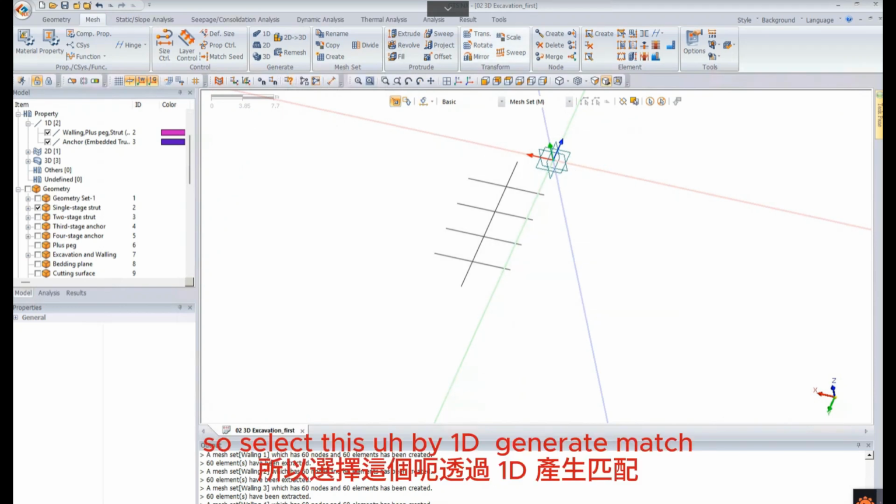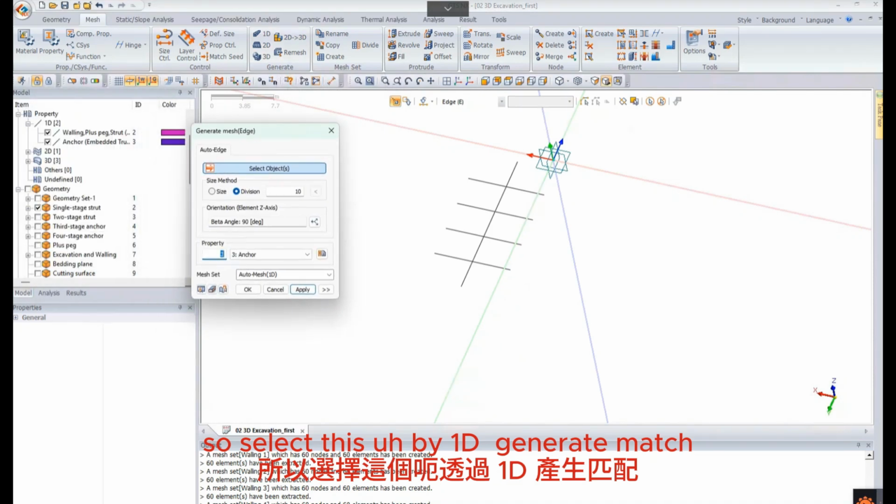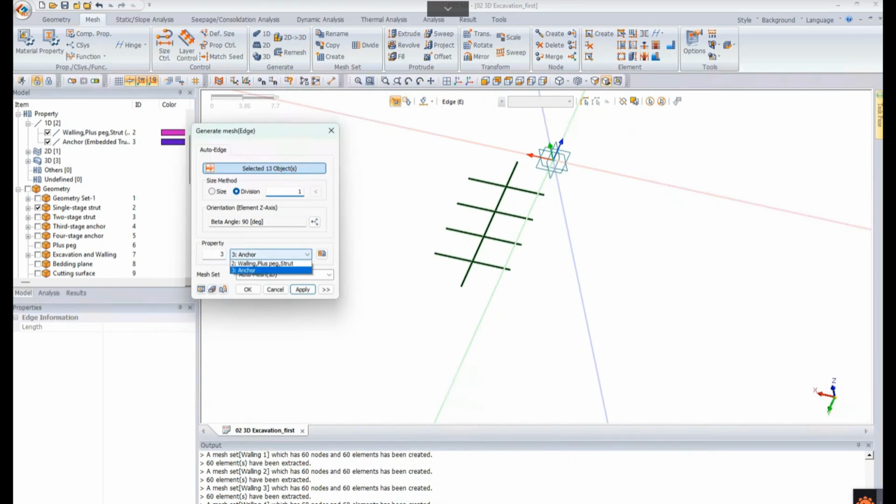So select this by 1D generate mesh. We select single stage stress, one size control, select stress, and this is the stress 1, apply,